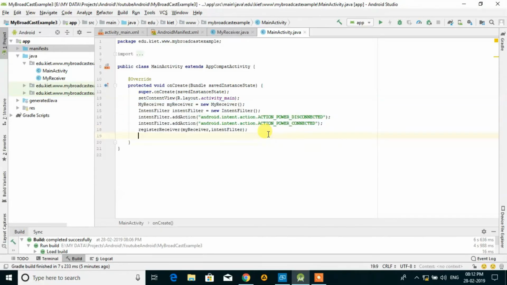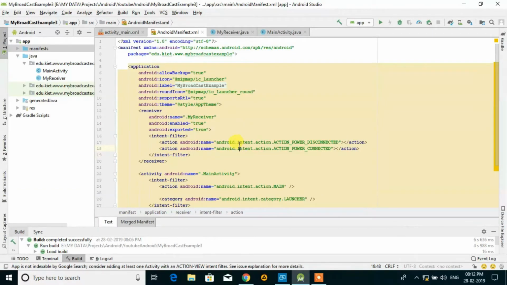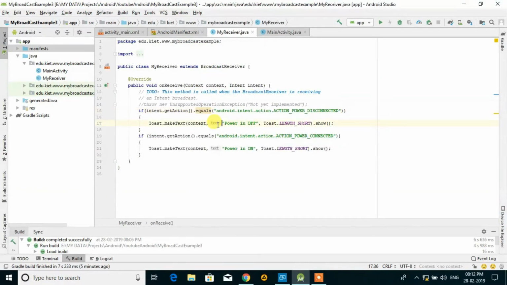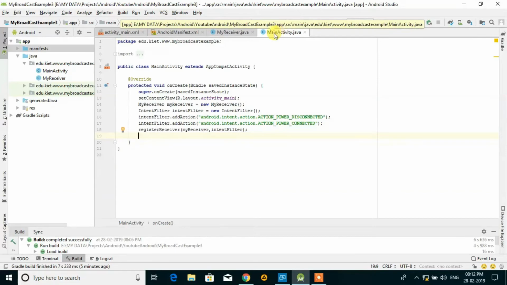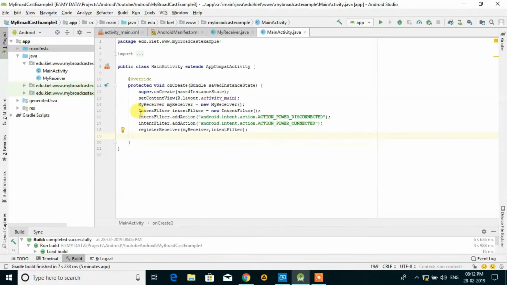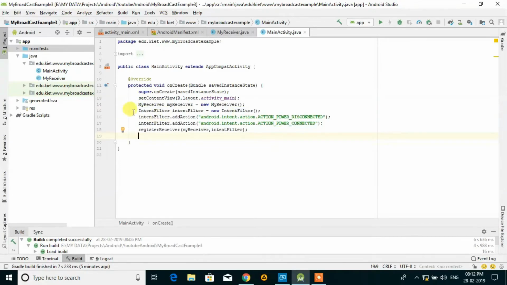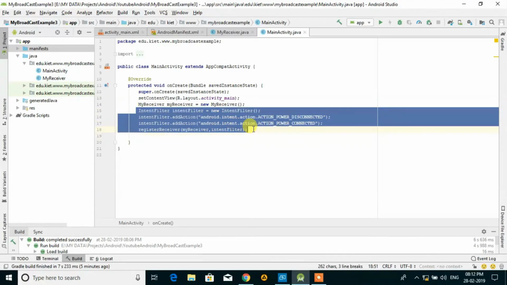If you are using less than Oreo, then the first code is complete. If we delete this code, this broadcast receiver would not run on Oreo or Pie Androids.